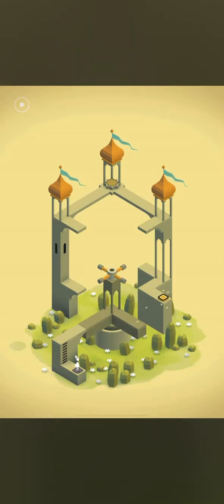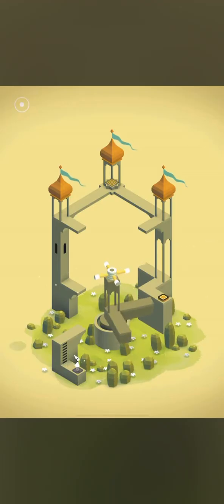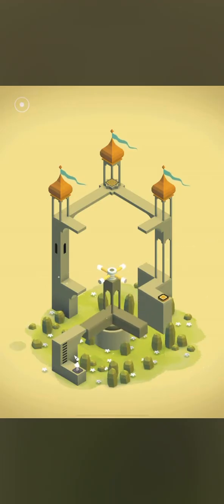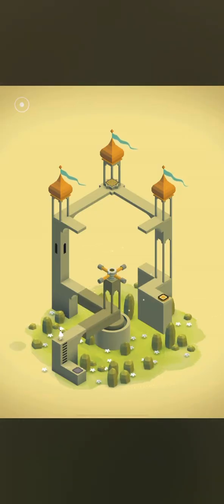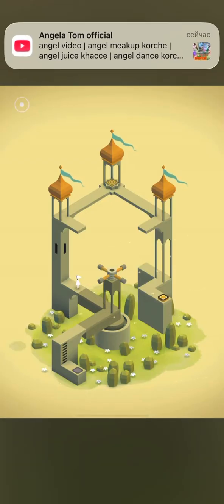Alright, so it looks like I may need to rotate this when she's back on the other side, maybe? Yeah, I think I have to get her back to the other side. Let's see. Yeah, that should work.